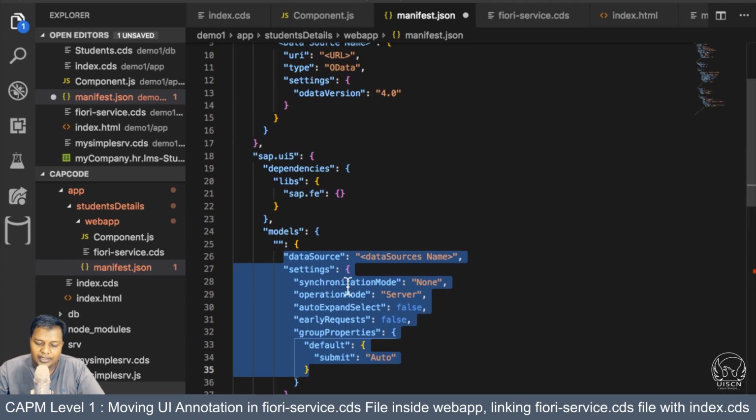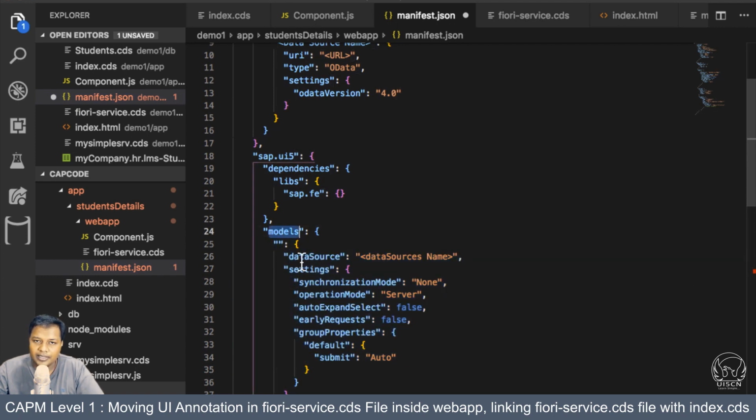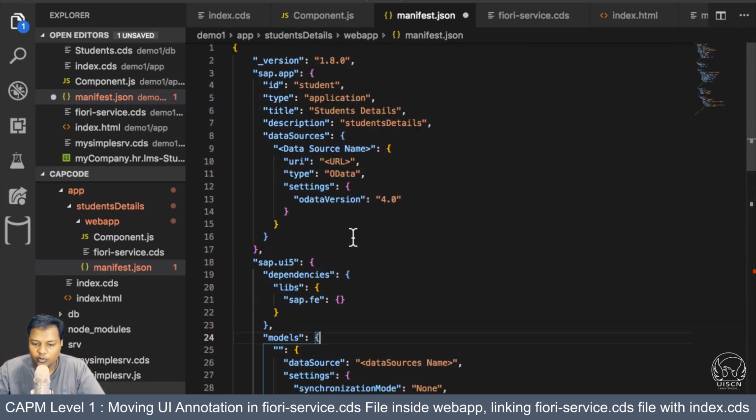So if you add that model here, then this will be linked to the application. And here there is no name, so this is the global model. If I give it some model name, then this will be a named model with that name. So these are pretty much standard UI5 code,